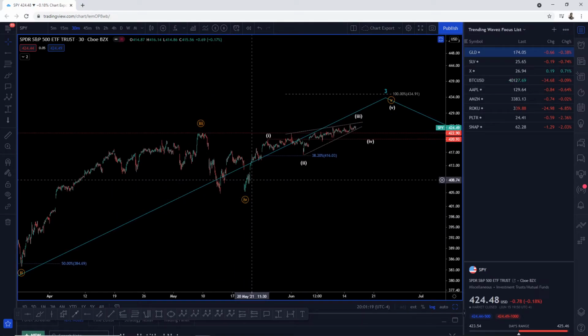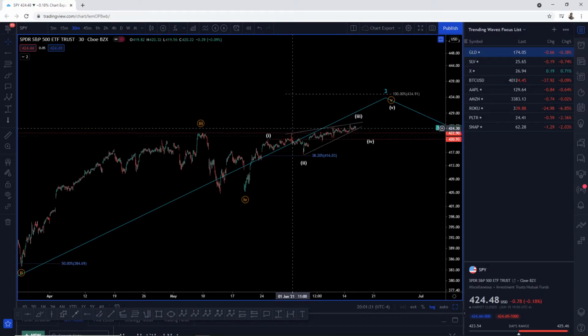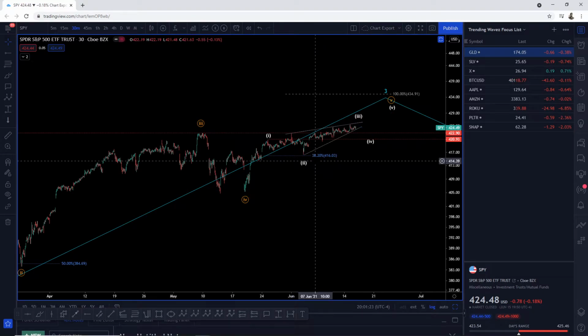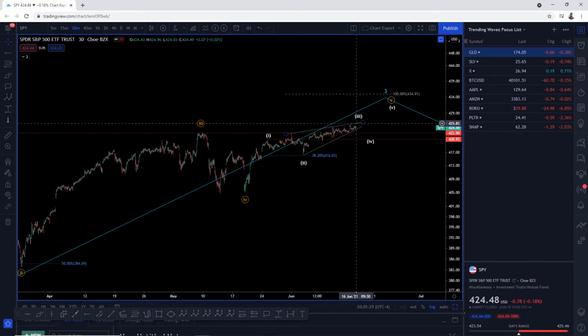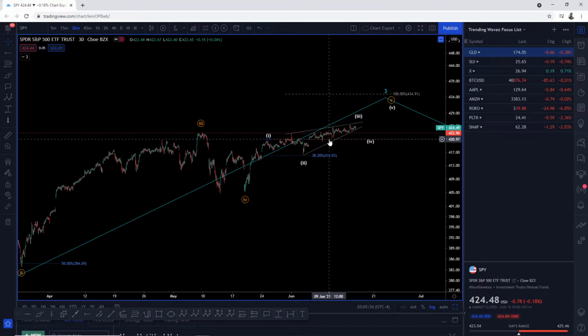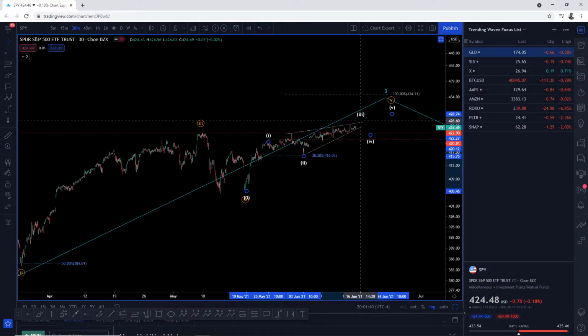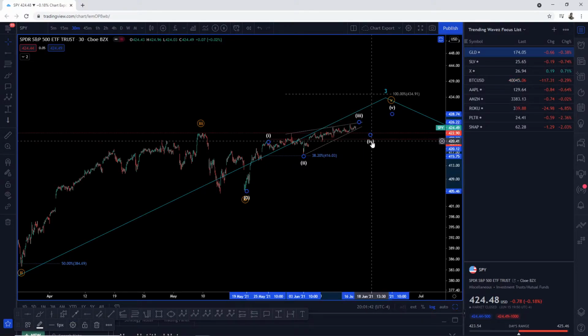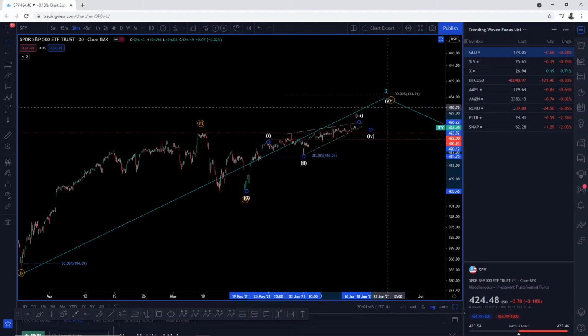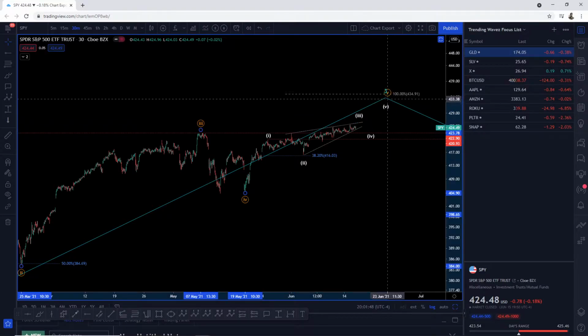From the wave 4 we went up in 1, A, B, C down in 2, a 38.2% retracement support at 416.03, and now we're making our overlapping wave structure, which is indicative of the final cycle, or fifth wave, as you know. Then that means that the third wave is near completion, at which point we will see a 3-wave pullback into the wave 4. Now let's talk about levels and what key levels we must watch coming into this